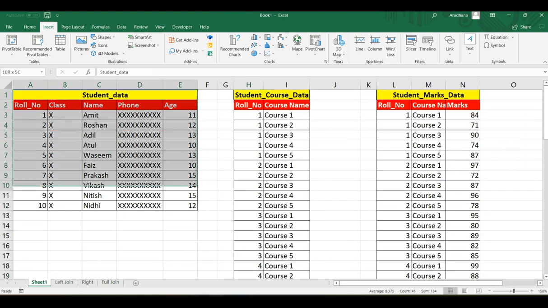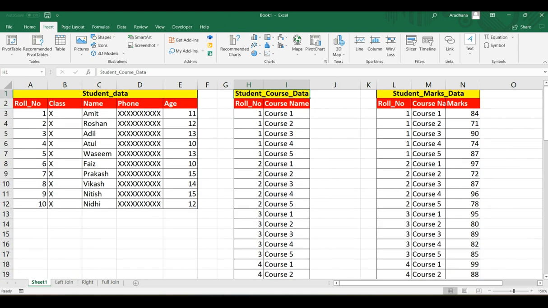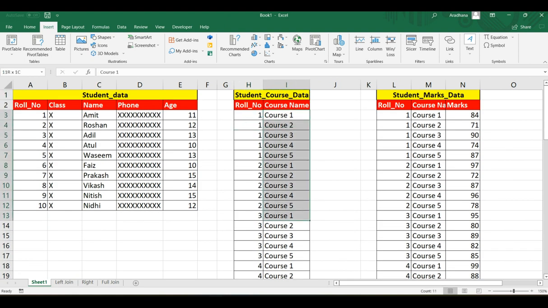We have two tables here, student data and student course data. In our student data we have 10 records of students, while in our student course data we have 11 different students and their enrolled courses. So let's suppose we take this student course data as our left table or table 1, and student data as our right table or table 2. When we use a left join to join student course data with student data, then ideally, if we take the age, or suppose we have taken only student age from this student data, then